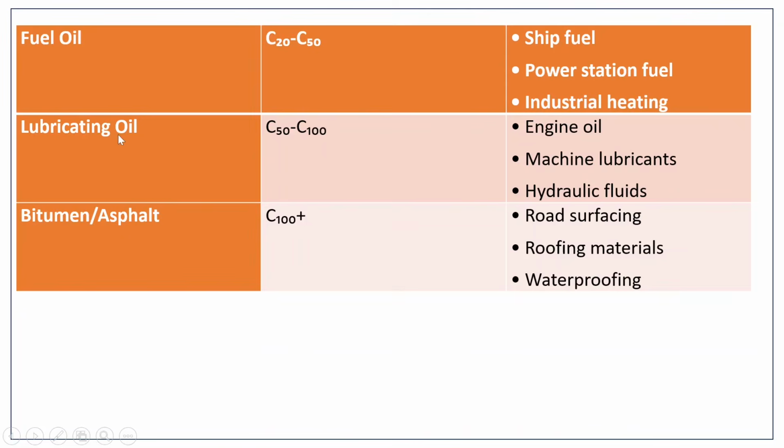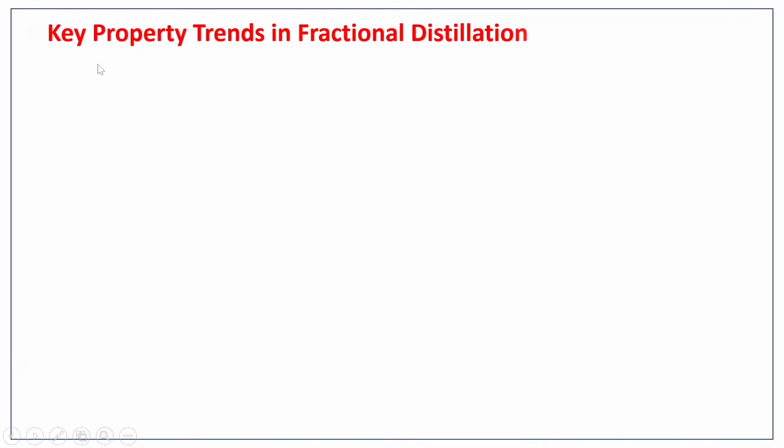Lubricating oil is used as engine oil, machine lubricants, and hydraulic fluids. Then bitumen or asphalt is used for road surfacing, roofing materials, and waterproofing. Then we move on to the last part, where we are going to look at key property trends